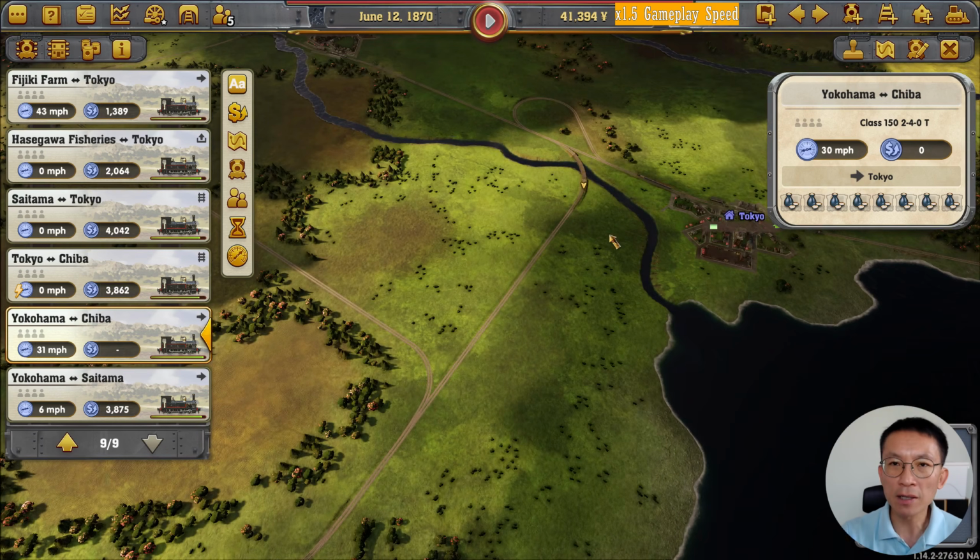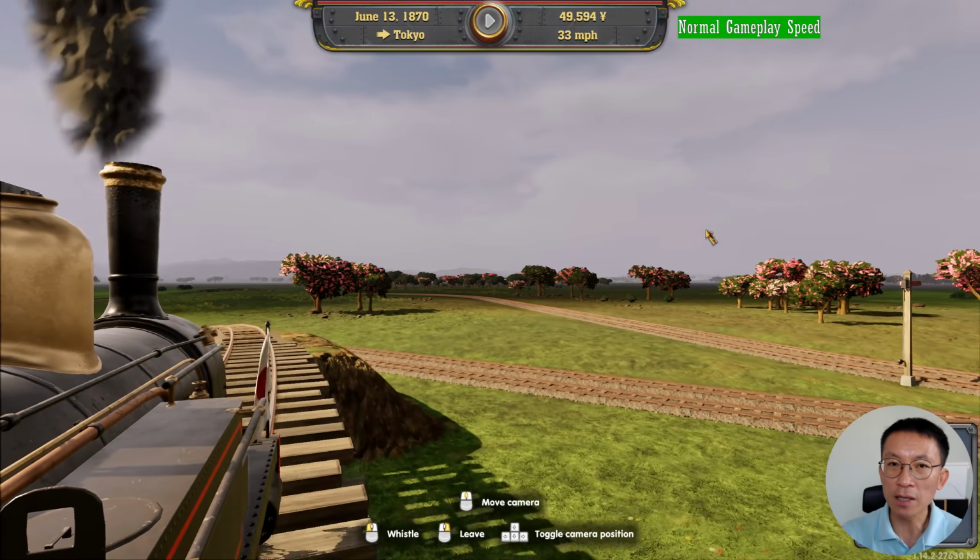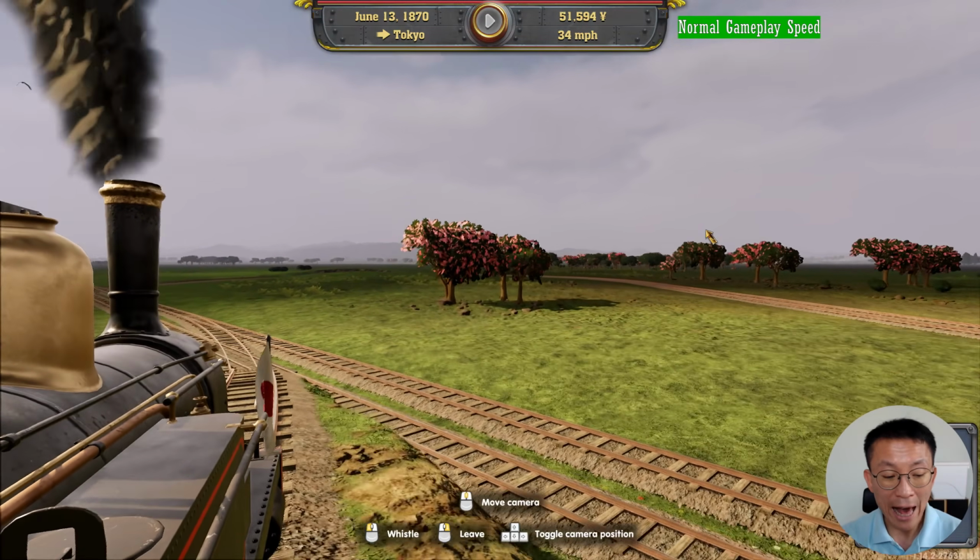You can actually build priority, like which train should pass by, as in I want this city to have a priority over some of these resources. You can do that too,